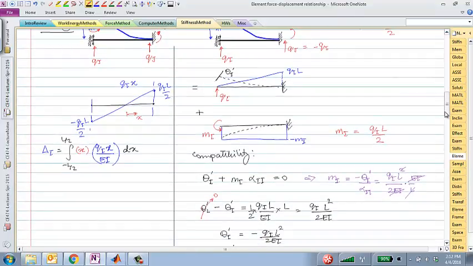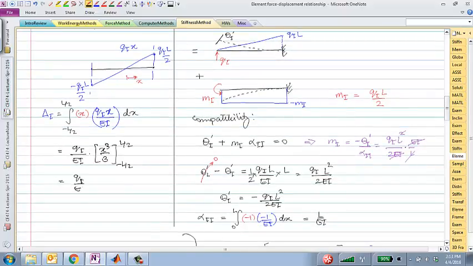So what we get is QI over EI times x cubed over 3 between the limits minus L over 2 to plus L over 2, which can be simplified to